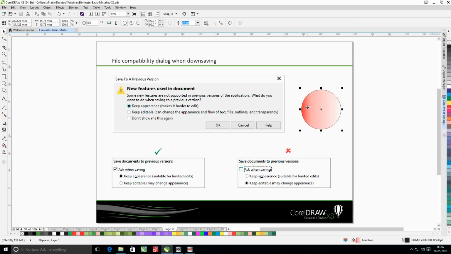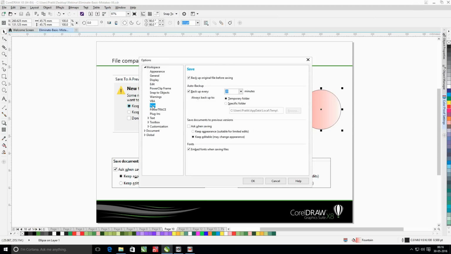So what will happen is in future, every time an incompatible feature is used and you try to downsave, you are not warned of the object changes that are going to occur while downsaving the file. So it is not the best idea to turn this dialog box off. You can always turn it on from the save options, and it is always recommended to keep appearance for better compatibility.